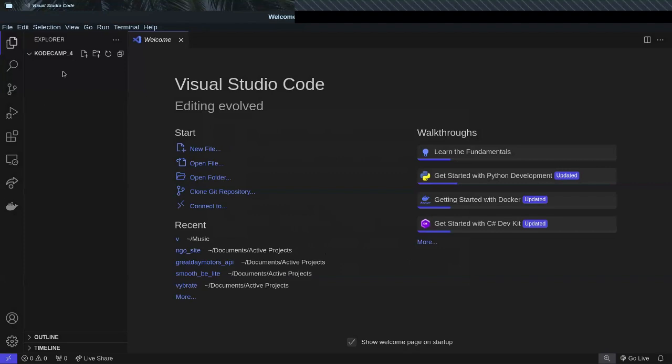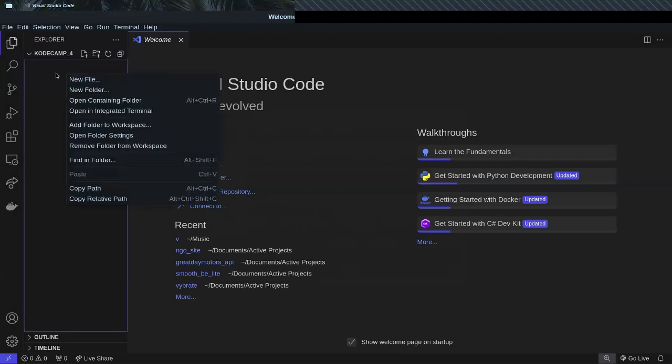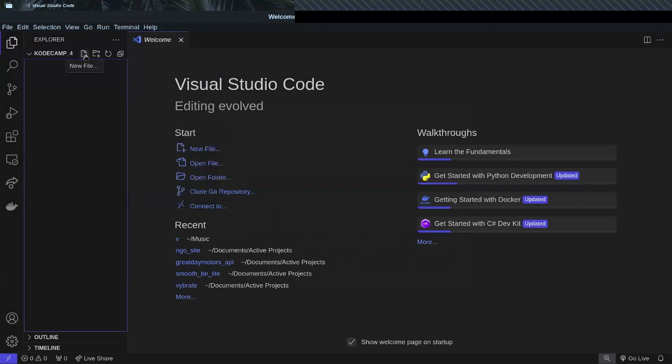Now, this is what we can do. We can either right click and click on new file, or we can click on this button to create a new file. I hope you guys are following me. If you're not following, you can write in the chat section or the comment section. So let me reshare to only show you VS Code, right?